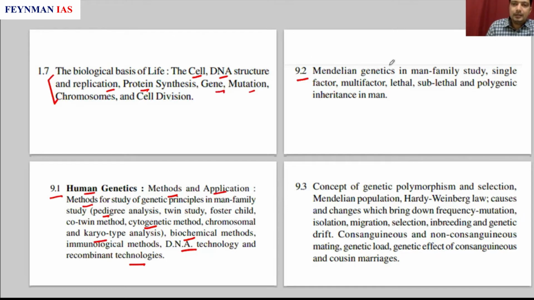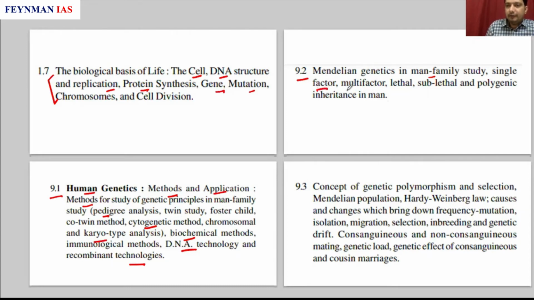So, Mendelian genetics in man, family study. How is it used? One question had come: how is Mendelian genetics applicable to human populations? So we have to understand what Mendel has said about plants and how it can be related to humans. Along with that, we have a single factor, meaning characteristics that are controlled by a single gene,